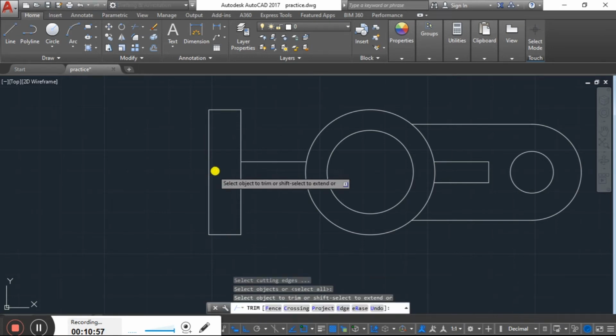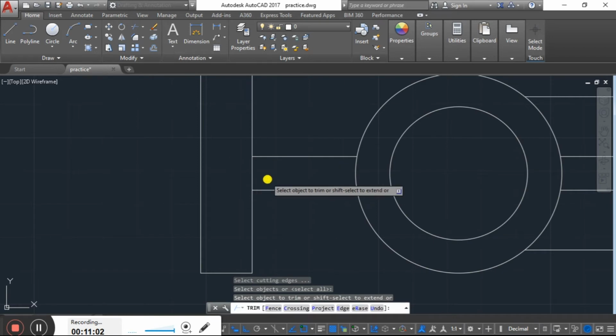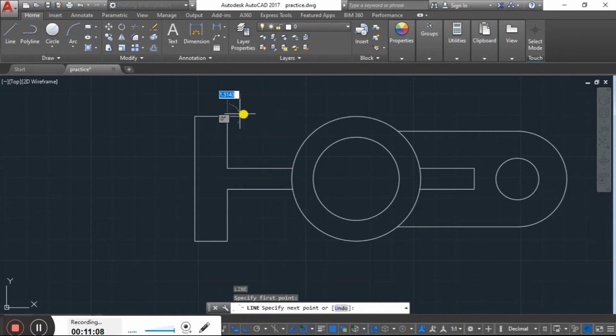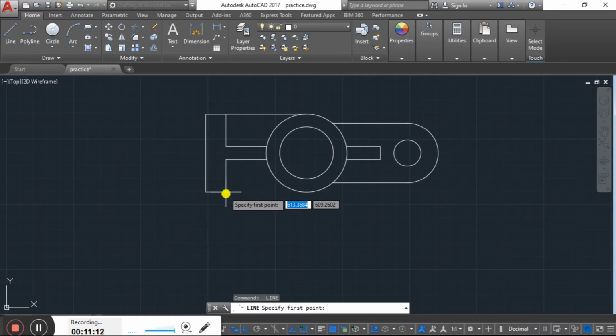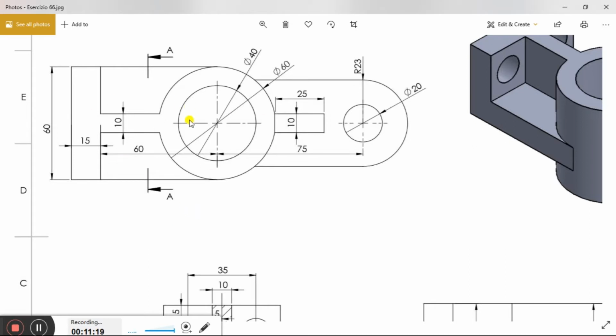Now we have to trim this section, TR, enter, enter, trim. So this section is being trimmed. So let's join these sections here. Okay, now the view is created. So the whole top view is created.